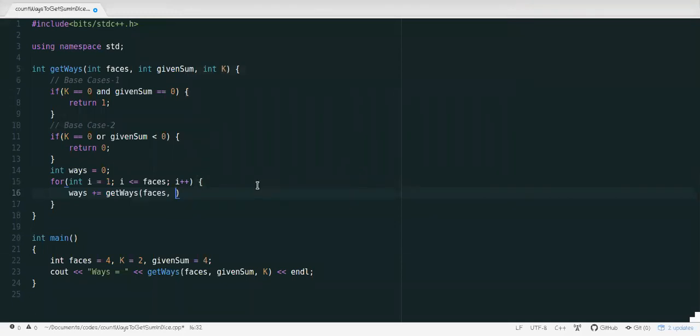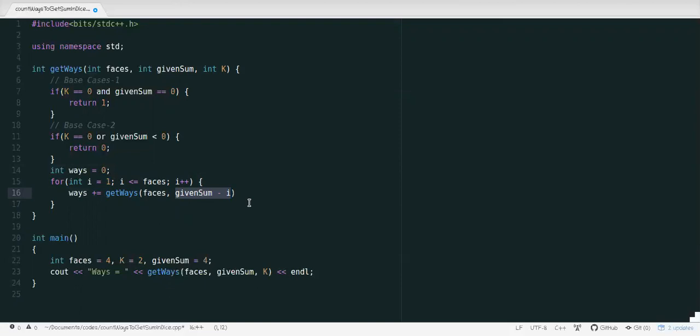So for every call, I'll try to find given sum minus i, right? Whatever the face that I'm getting is the next trial. The current sum will now be the current sum minus that face that I have encountered right now. So in the next call, I'll decrease it by i.